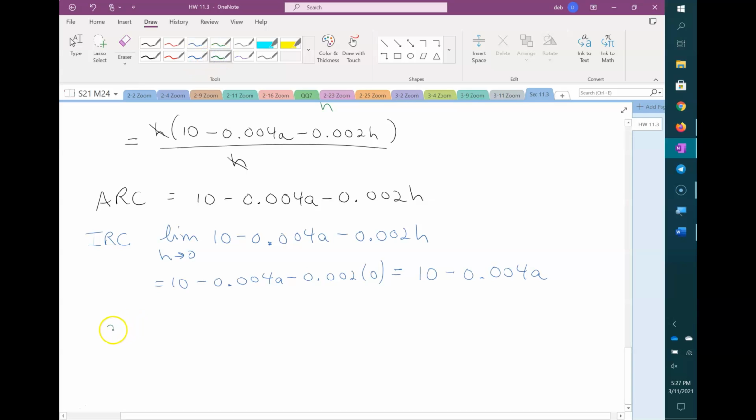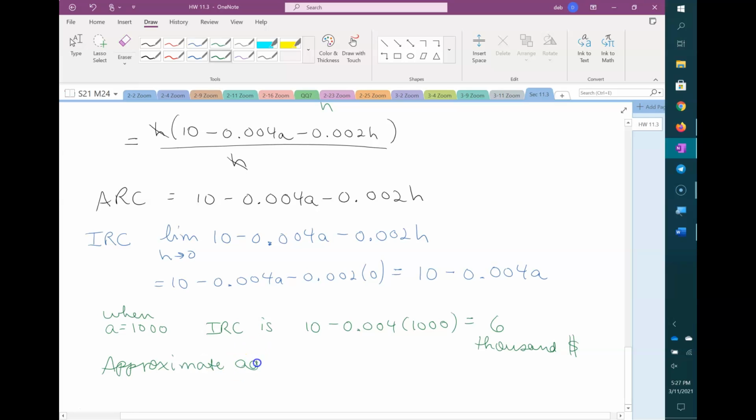Now, if I want to know what happens when a is 1,000, I'm going to put in 1,000 for a, and I'm going to get 6. Well, this is $1,000. So this is the approximate additional revenue from